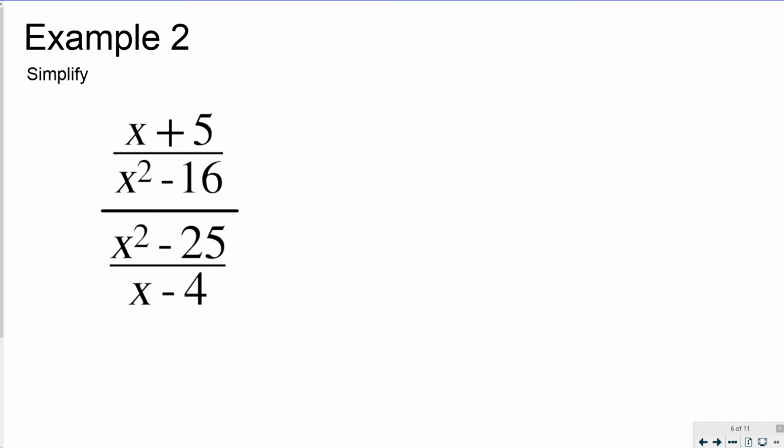And our first example is that expression right there: x plus 5 over x squared minus 16, divided by x squared minus 25 over x minus 4. So the first thing that I'm going to do is rewrite it as division of the two fractions. So I'm going to put a division sign here. And then it would be x squared minus 25